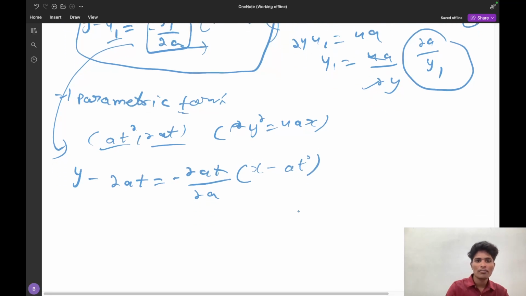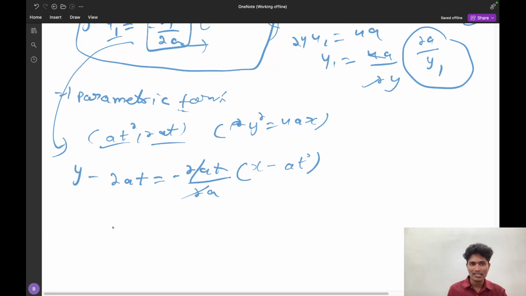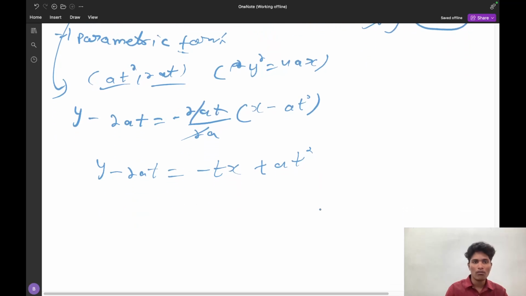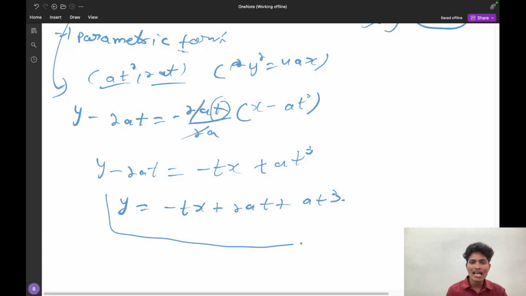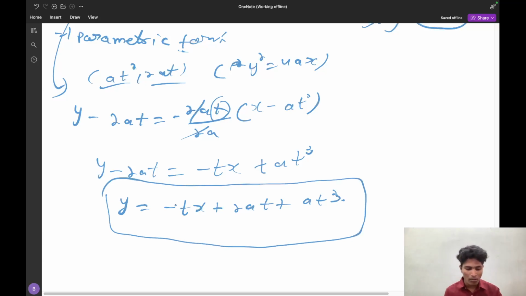What will I get now? This will get cancelled. y minus 2at is equal to minus t into x plus at square. Now, what is the value of y? y equal to minus tx plus 2at plus at square. At square or at cube? It is t into t square, so it will be t cube. So this is the answer: y equal to minus tx plus 2at plus at cube is